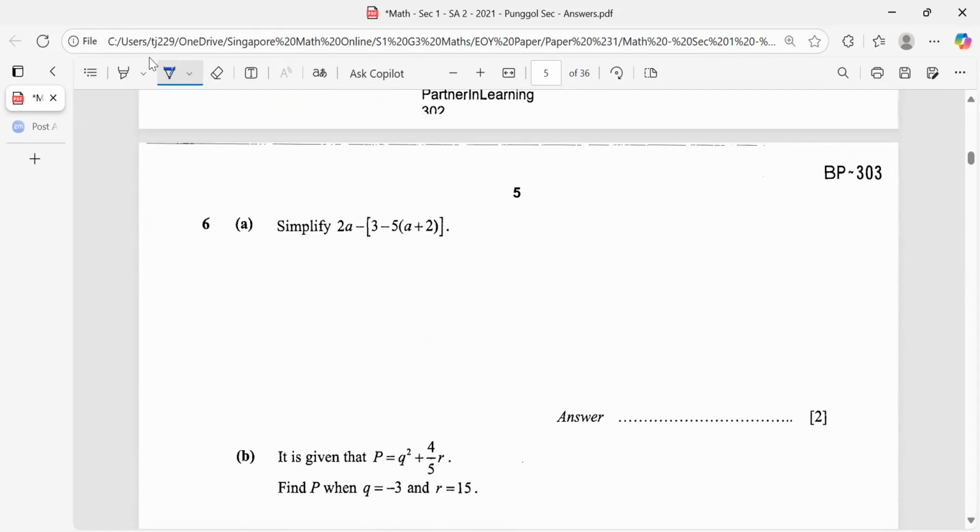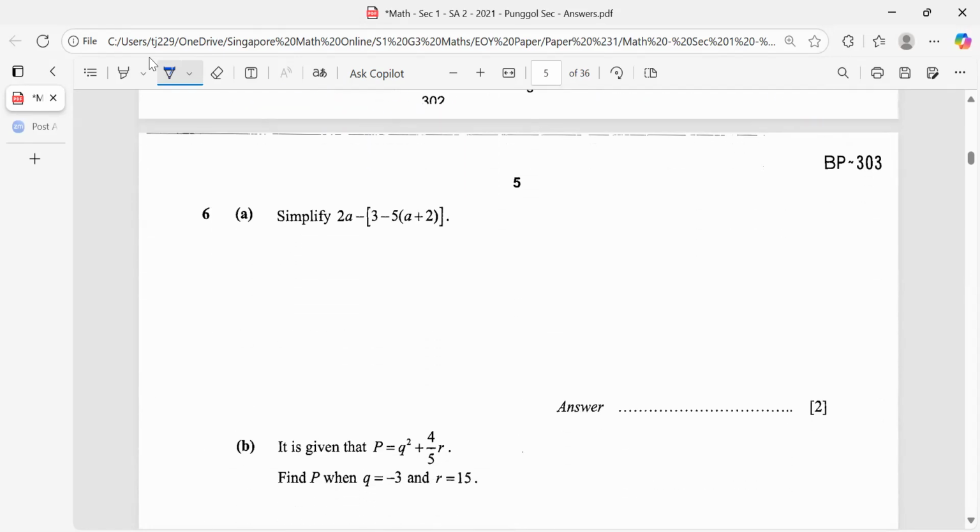Right. Moving on, let's have a look at question 6. Simplify 2a, take away bracket 3 minus 5 bracket a plus 2, close bracket, and close square bracket. Let's copy down the question accurately first. Now, first and foremost, we will have to simplify what's in the innermost